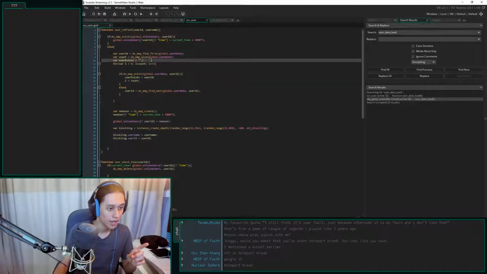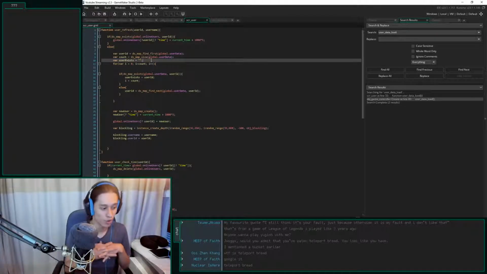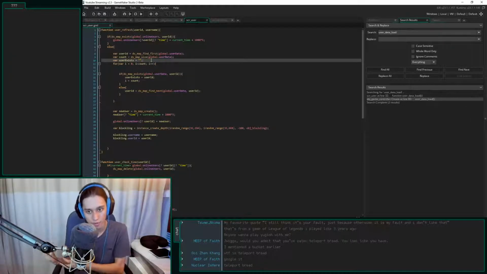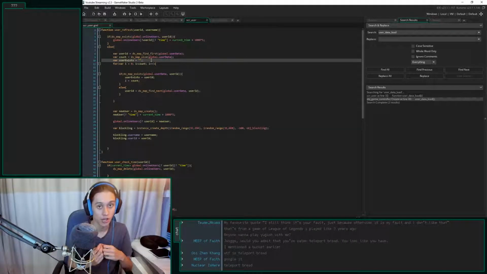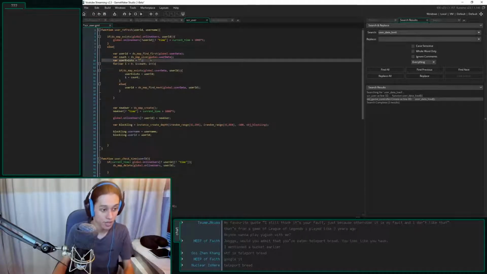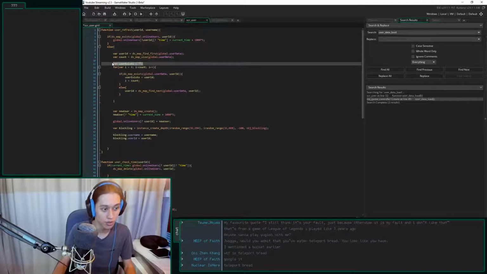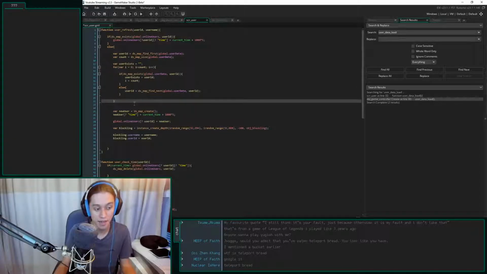So what we're doing is when someone who's not online sends a new message, we're going to go through our internal database and we're going to see if they're a new user, as in they've never joined, they've never said something before, or they've said something before and they currently have their data stored. So if this is still blank by the end of it, that means there's no one there.